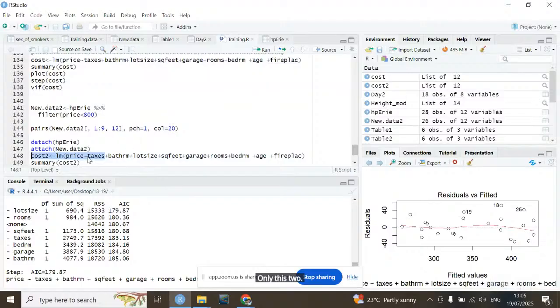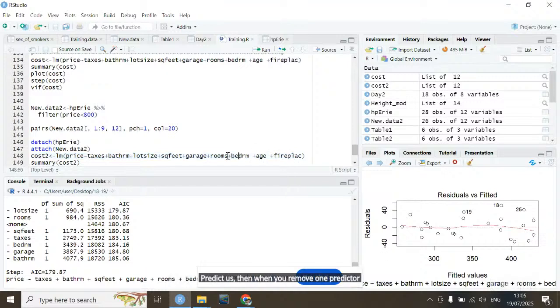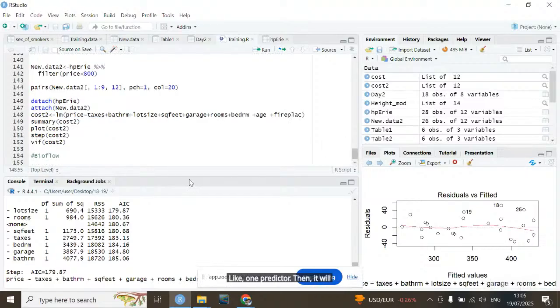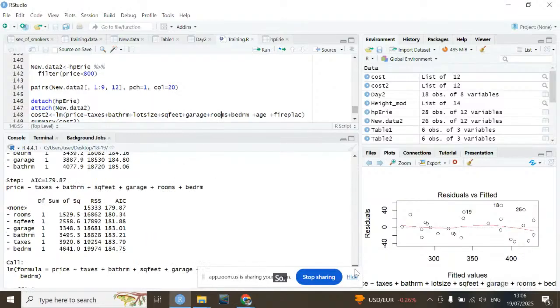Then the comparison will be comparing the results, the AIC, when you have the whole of these predictors. Then when you remove one predictor like that until you have one predictor, it will give you the best equation or the best function. So the best function now tells you that